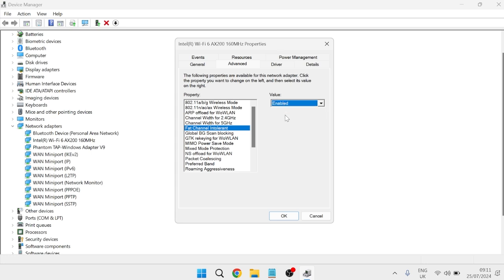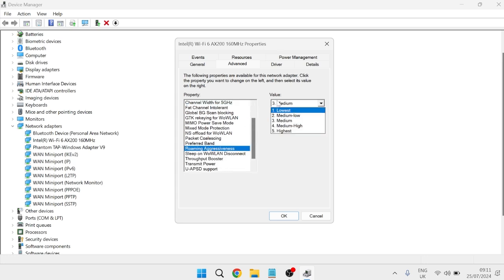So if you did have this disabled, just swap this to Enabled, and the next thing we need to come down to is Roaming Aggressiveness. Now you'll have a few values to choose from inside of here, and this really depends on where your router's located in relation to where your computer's located. So if your network router is right next to your computer, you can set this at the lowest for the best internet speeds. However, if your router is really far away from your computer, then you might want to set this to the highest. And for a happy medium, obviously we can set this to number 3, select medium,